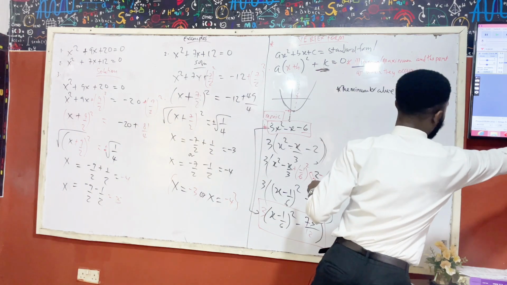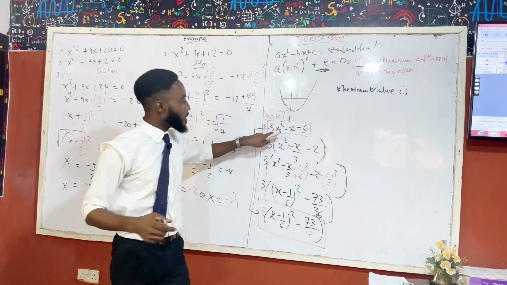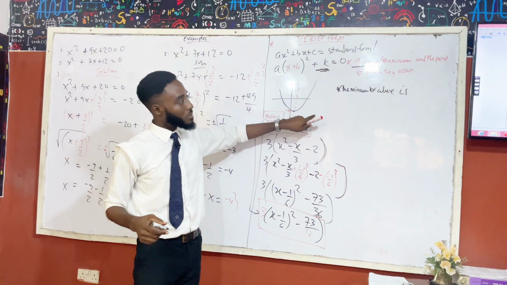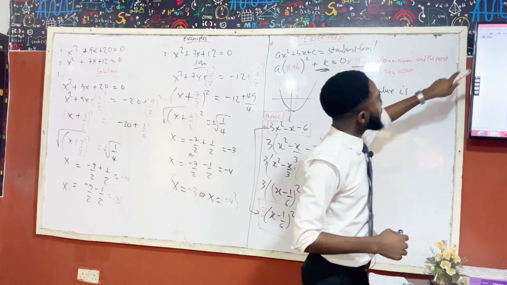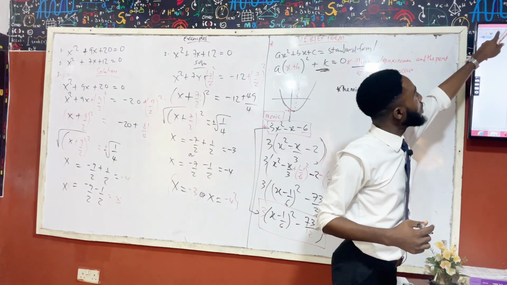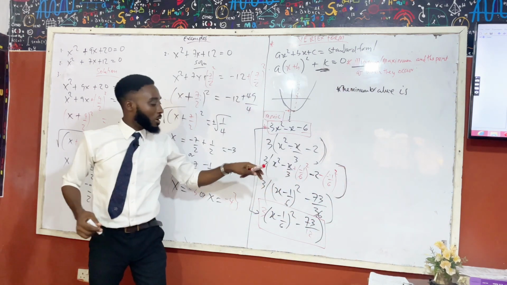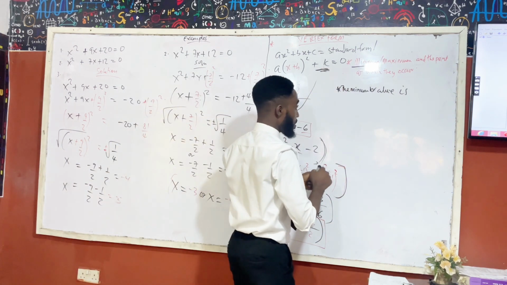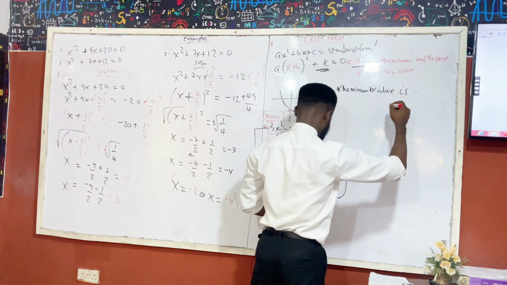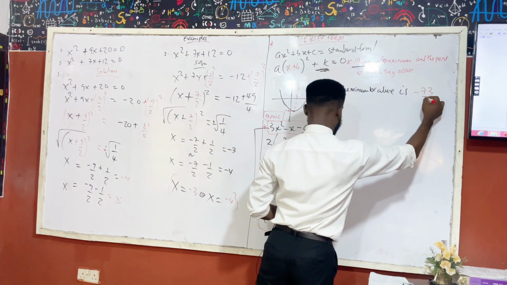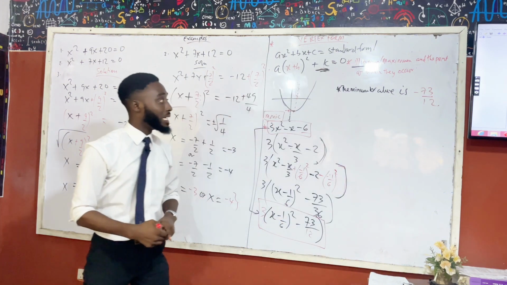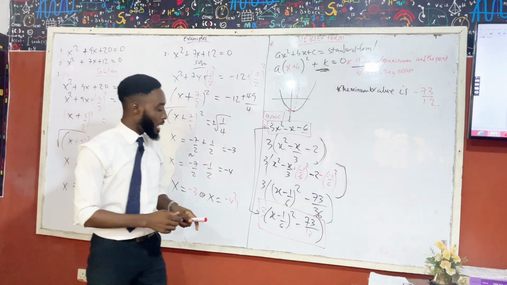Just go there and put in 3x squared minus x minus 6, using insert function. So the minimum value is minus 73 over 12, and it occurs at the point,